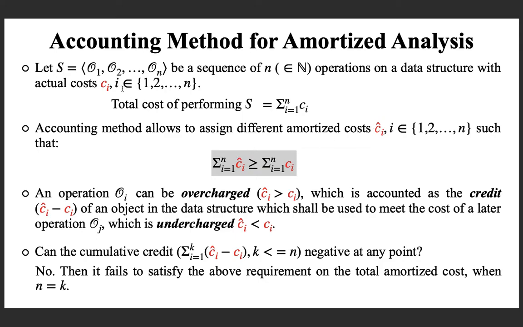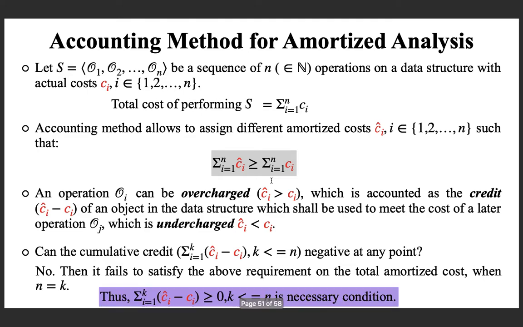You stop the sequence the moment you get the total negative. Total negative means the total actual cost must be 0 or more, and if the total is negative, then at that point of time, this equation fails, and hence we have to